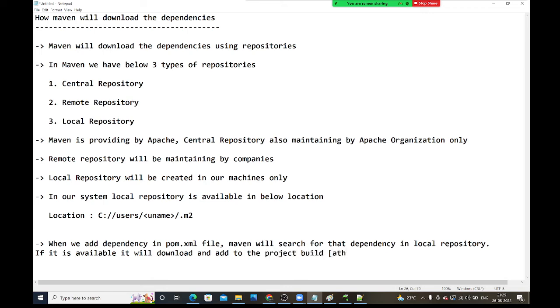Right, all the dependencies will be added to the project build path only. See guys, when we add a dependency in the pom.xml file, Maven will search for that dependency in the local repository. If it is available, it will download and add it to the project build path. Suppose the dependency is not available,